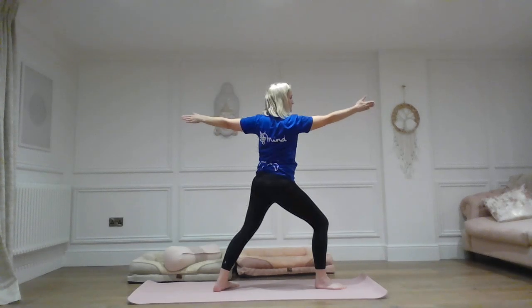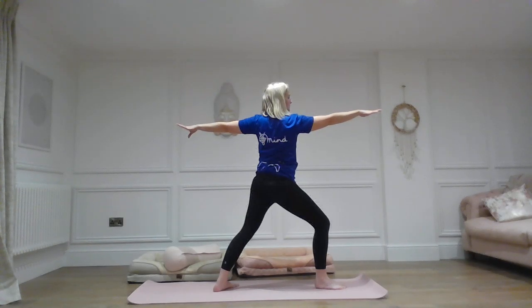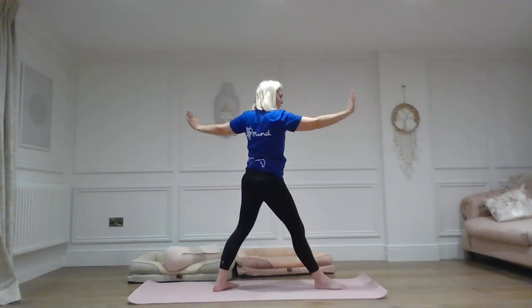Inhale, we can spin both arms to face up, the palms of the hands to face up. Then on the exhale, just flicking just the wrists back, just opening up through that chest slightly more. Feeling that stability in that lower body, and that element of relaxation in the top body. One more inhale here. And then on the exhale, we'll start straightening that front leg, bringing the hands back down